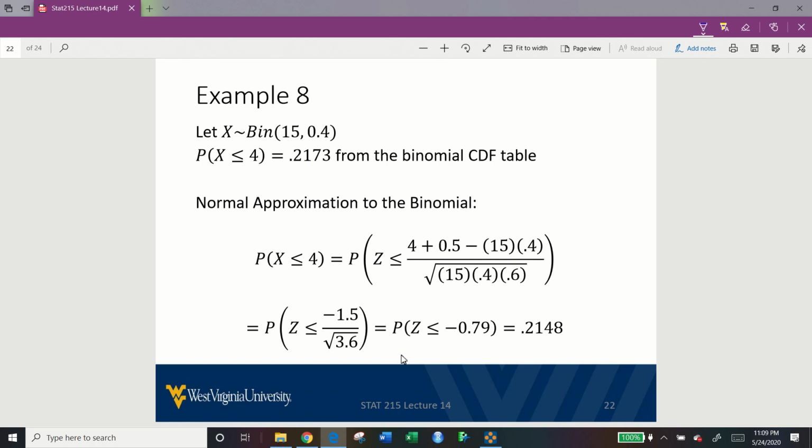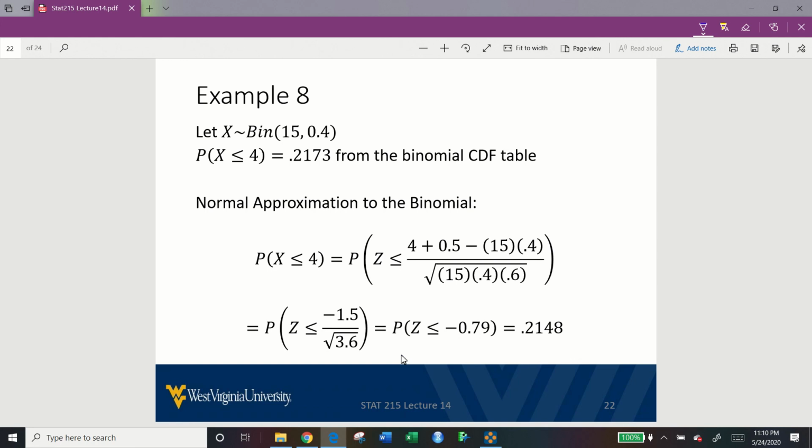So let's again do the probability of x less than or equal to 4. This will be equivalent to the probability of z less than or equal to (4 plus 0.5 minus 15 times 0.4) all over the square root of 15 times 0.4 times 0.6. If we simplify that together, this will be the probability of z less than or equal to negative 1.5 over the square root of 3.6, which is equivalent to the probability of z less than or equal to negative 0.79,